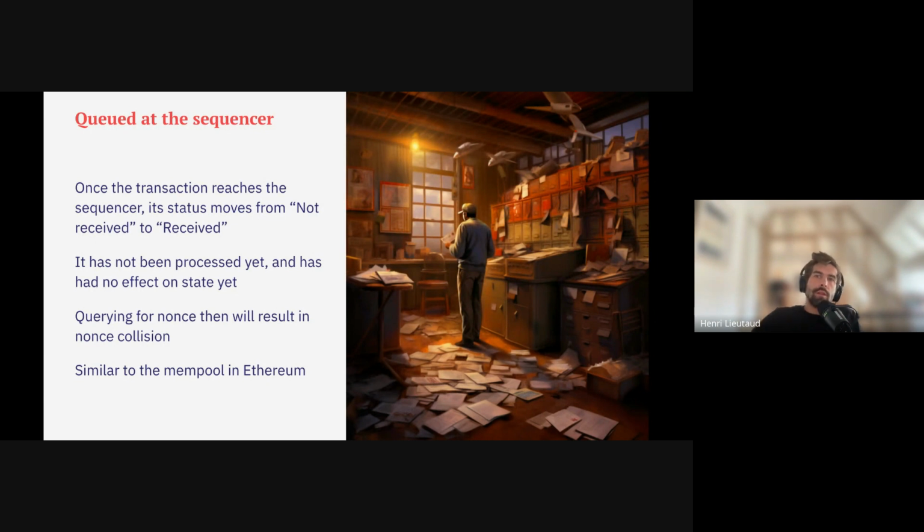So Doug is asking, can you explain nonce abstraction while we're at it? Does Starknet have future plans to implement it? I hope so. No, nonce abstraction is definitely on the list. Okay, so what is nonce abstraction?